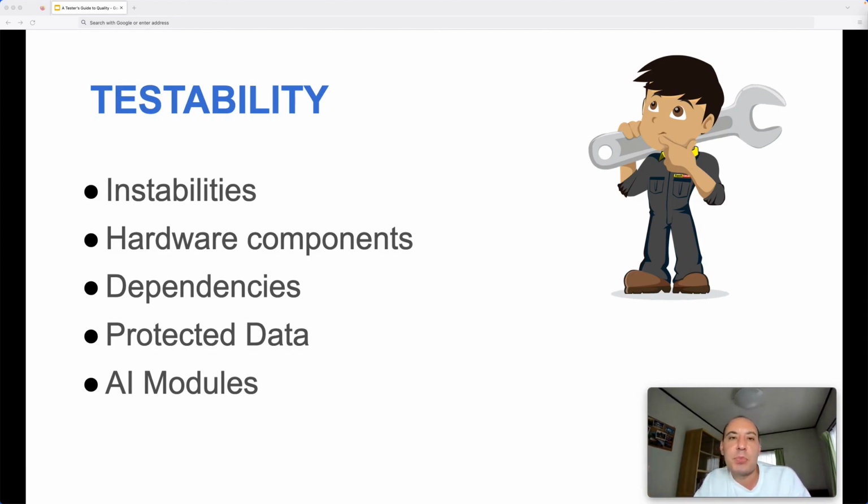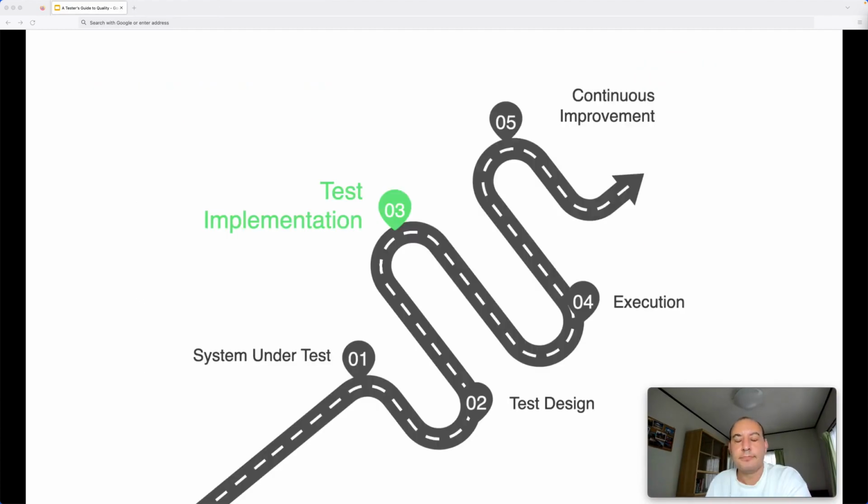Let's say this is our expected behavior. To test this, first of all, we have to introduce new data, and then we should observe if it is showing up in the front-end pages. But if we don't have the access rights to create new data, then we would not be able to simulate this scenario. So having the correct, enough access rights, or having the correct control over each of the modules or components of the system is very important. Otherwise, we may have some testability issues.